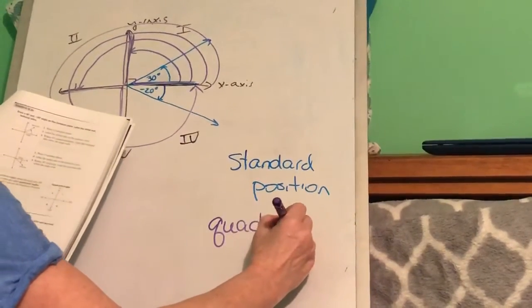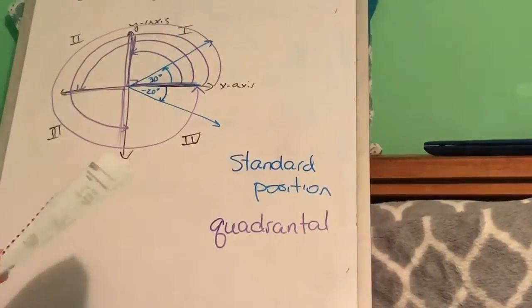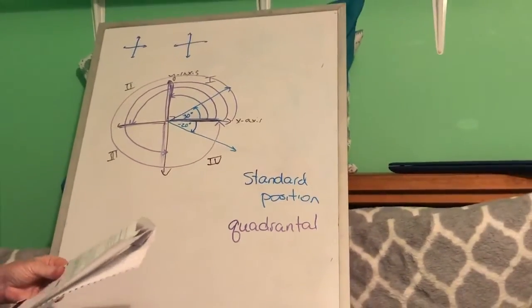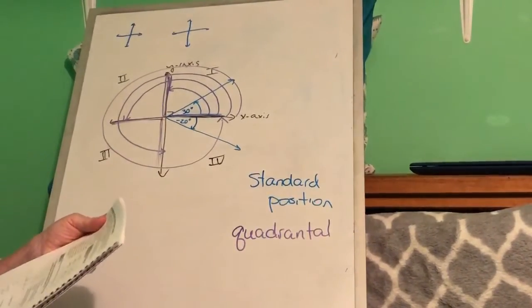So make sure you learn how to spell it right. Okay, quadrantal angles end on the axes. Okay, if you look on page 422,